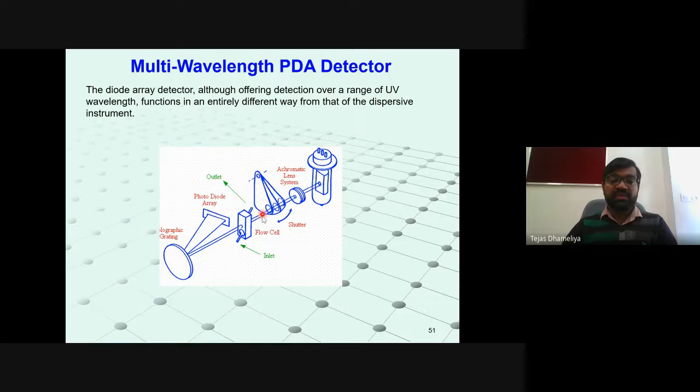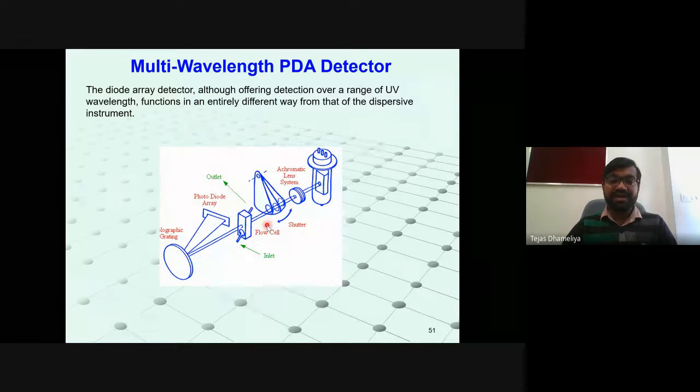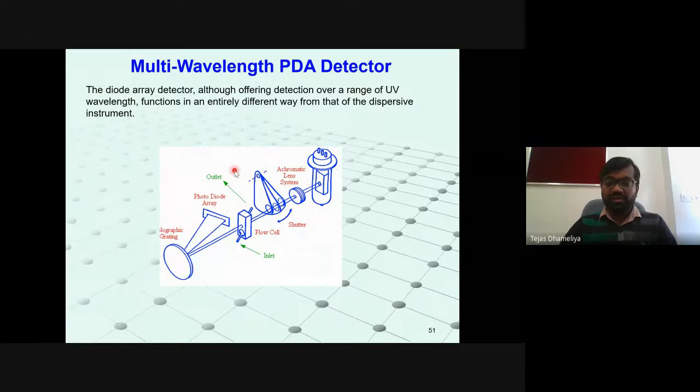So it will pass through this inlet where our flow cell is connected, and the outlet shall be there. Inlet is basically the substances which are coming from the HPLC column, and that will pass through this flow cell and it will go away. So whatever molecules are coming slowly by retention from the column chromatograph or from the HPLC column, shall pass through this. Here there are certain flow shutters and monochromatic LED systems are used so that they can offer the detection of the UV wavelength function of the entire range.